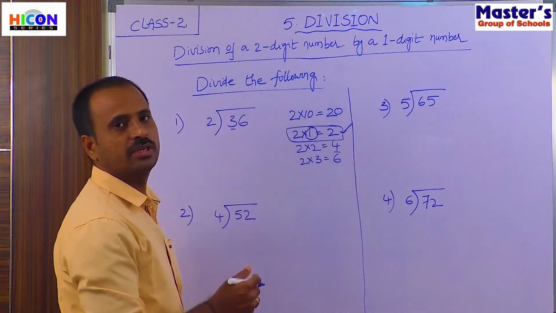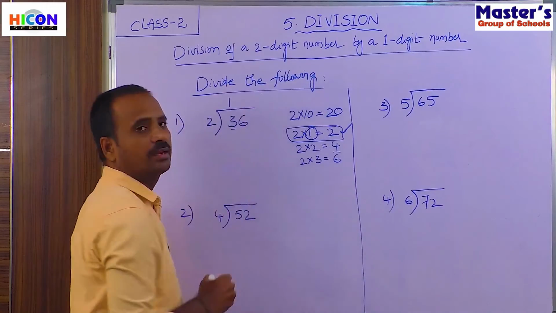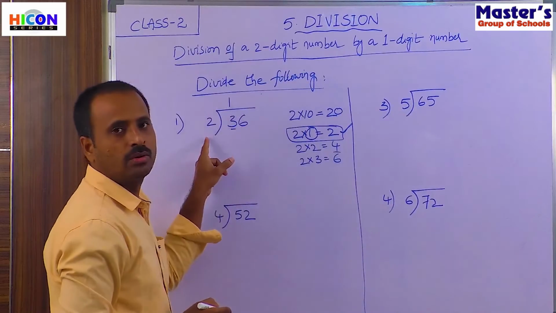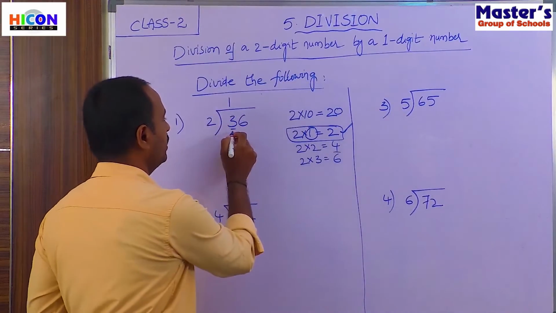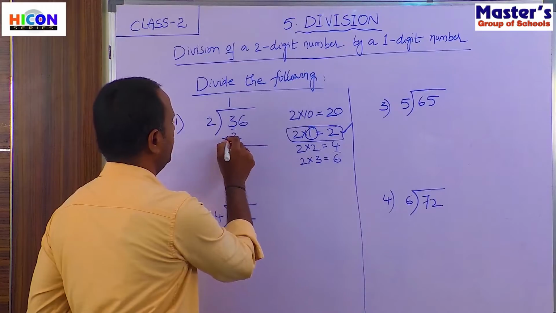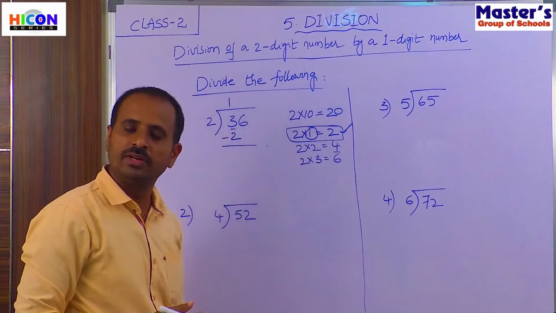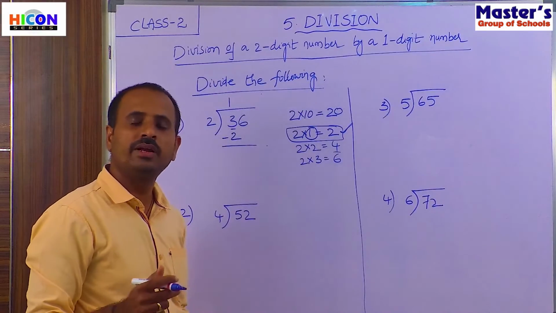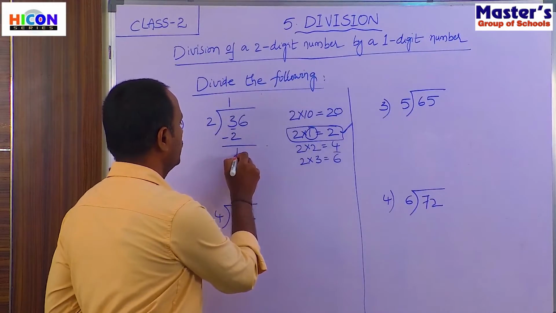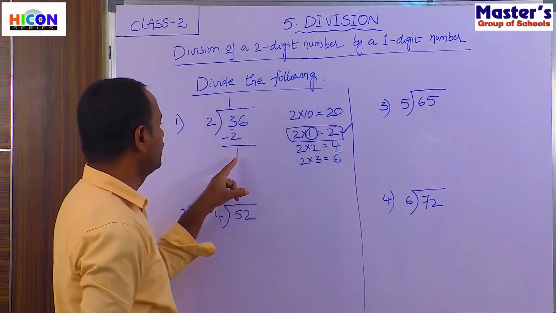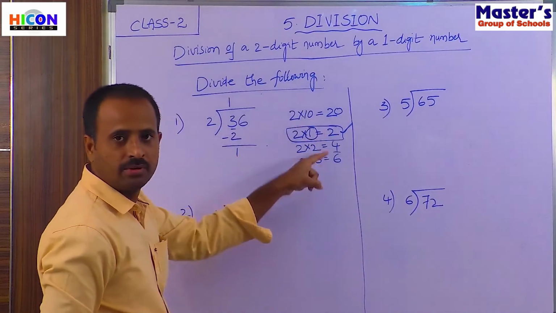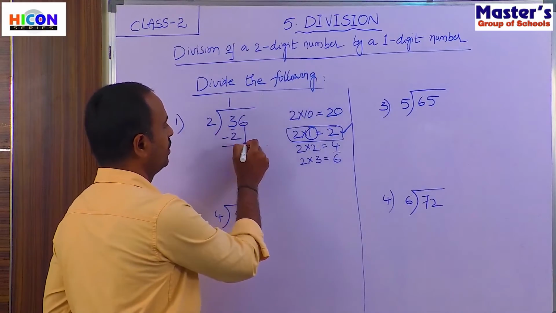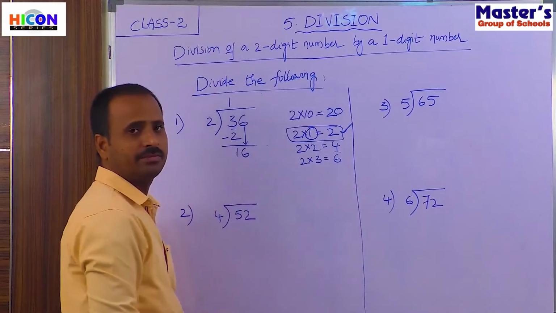So write this one in the quotient above the dividend. So write 1 here and multiply these, that is 2 into 1. So 2 ones are 2. So write the product below the first digit and subtract. So children, 3 minus 2, how much will we get? If you subtract 2 from 3, you will get 1. So write 1 below the first digit. And we did not get 1 in the second table. So that's why bring down the second digit. What is the second digit here? 6. So bring down the second digit 6.